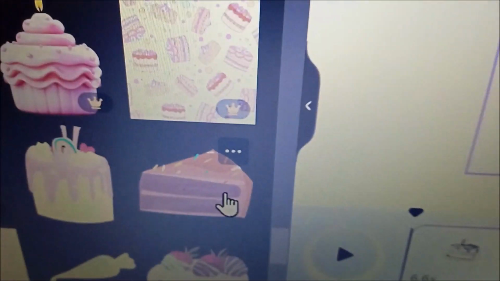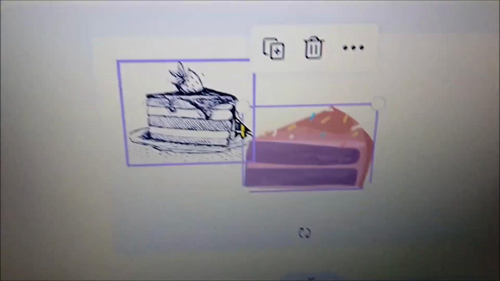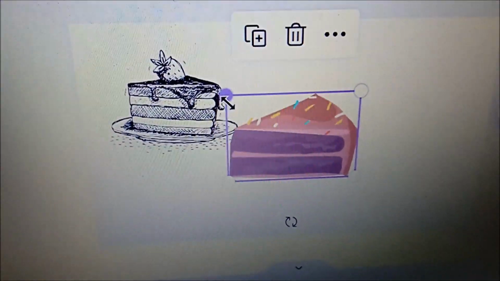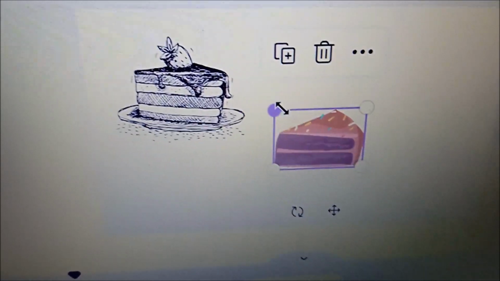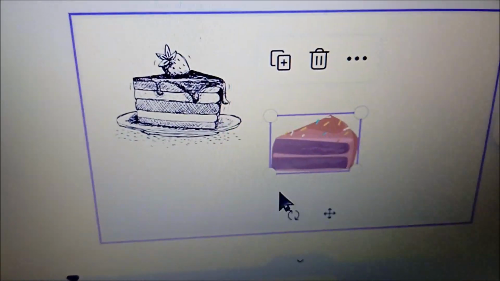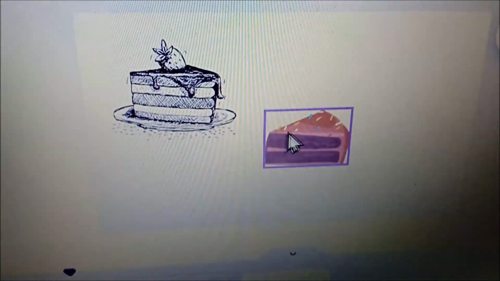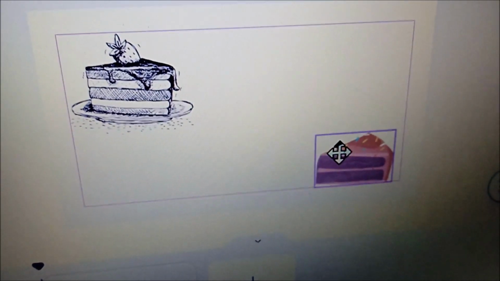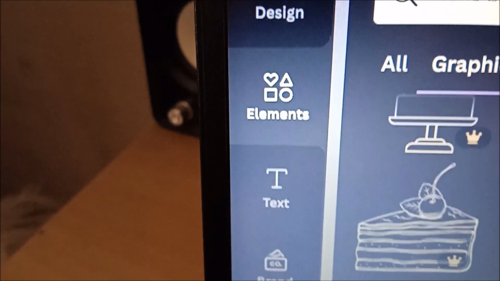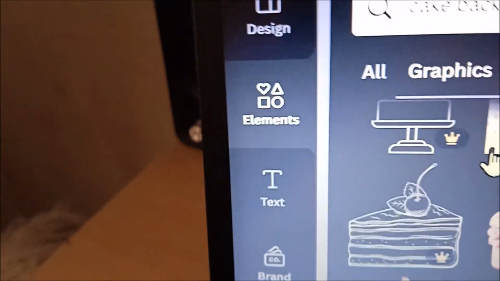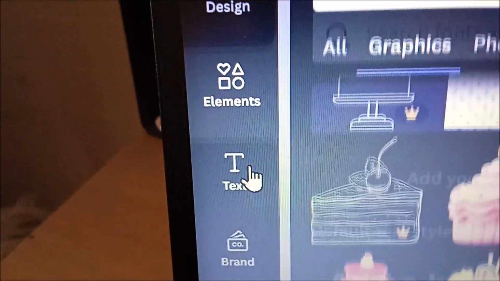You can add lots of things to one page, or you can just add one item. So there we've added the cake by clicking. We can change the size, we can change the position. If you can't do what you want to do, click off the main picture and then you can change and move it to something else. So as I say, sticking with elements is probably always your best bet for beginners, but now you might want